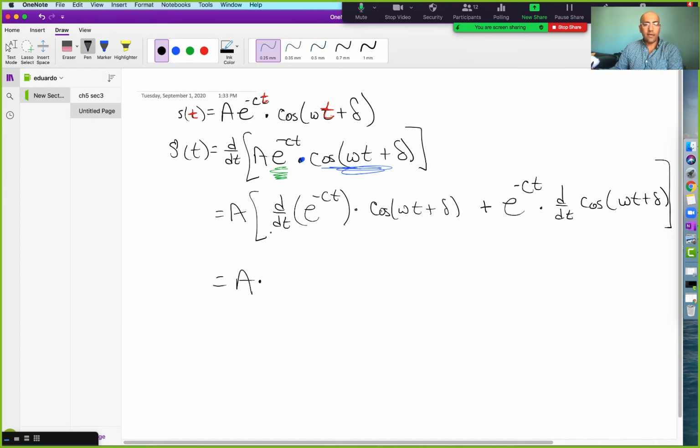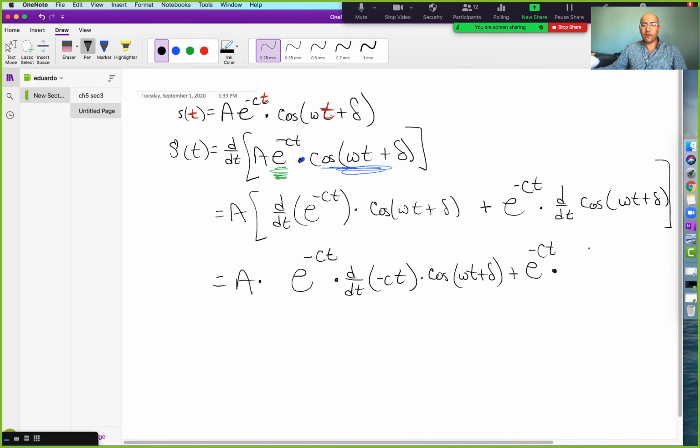So it's going to be capital A times the derivative of this. The derivative of this is going to be e to the negative ct, right? The derivative of this function is to copy it again. It's going to be the same thing. Times, the chain rule tells us to multiply it times the derivative of the numerator. Right? Times cosine of wt plus gamma, plus, and now this, we leave this guy alone, times the derivative of